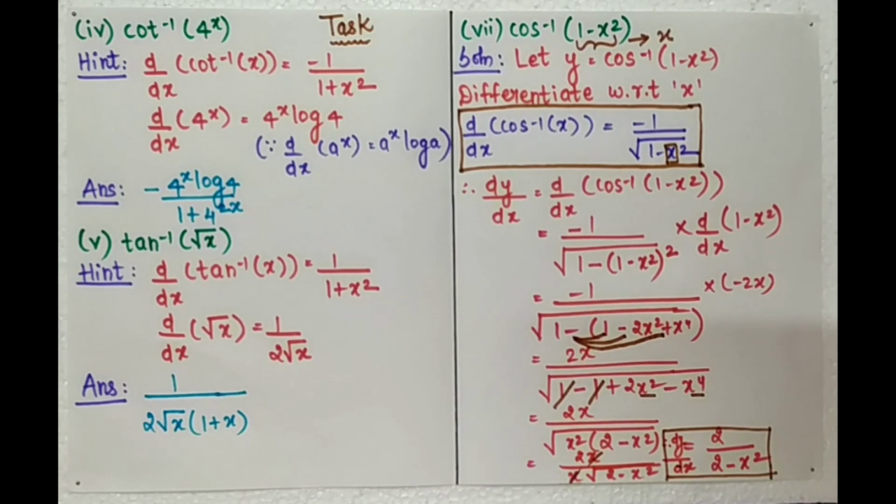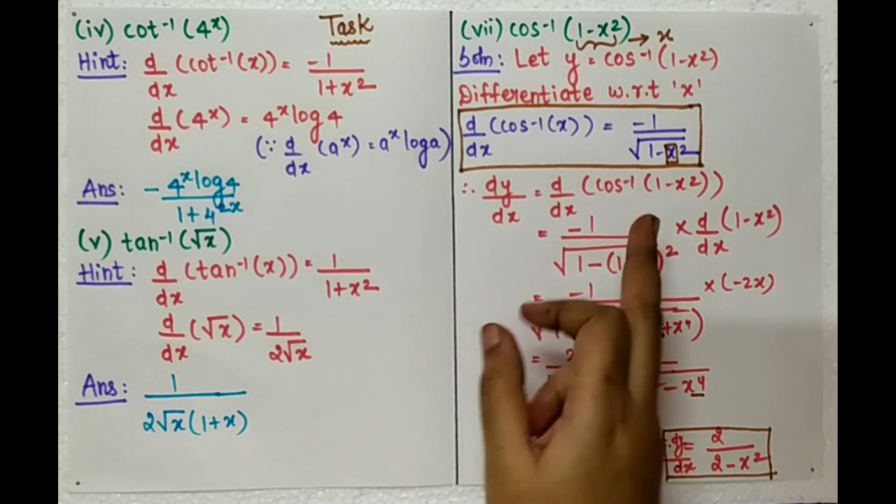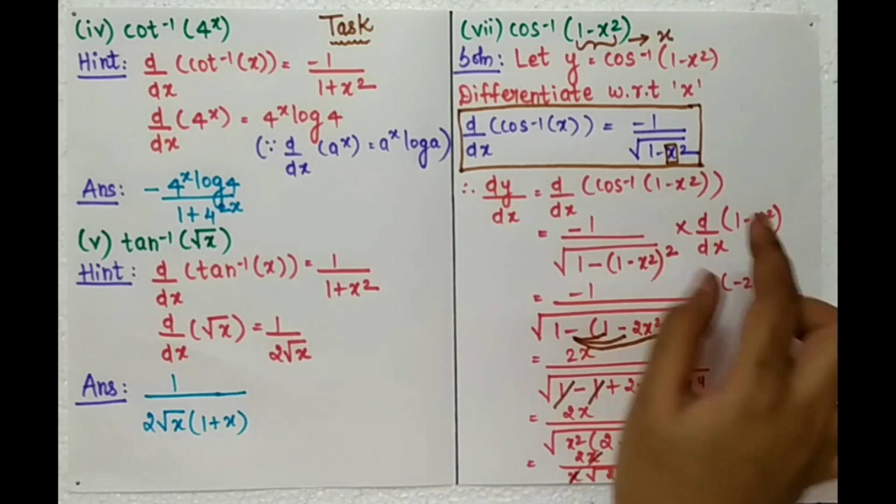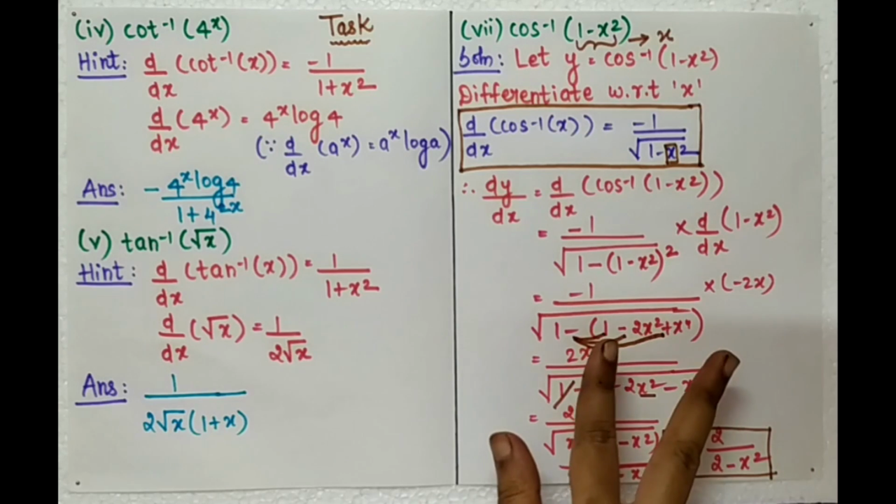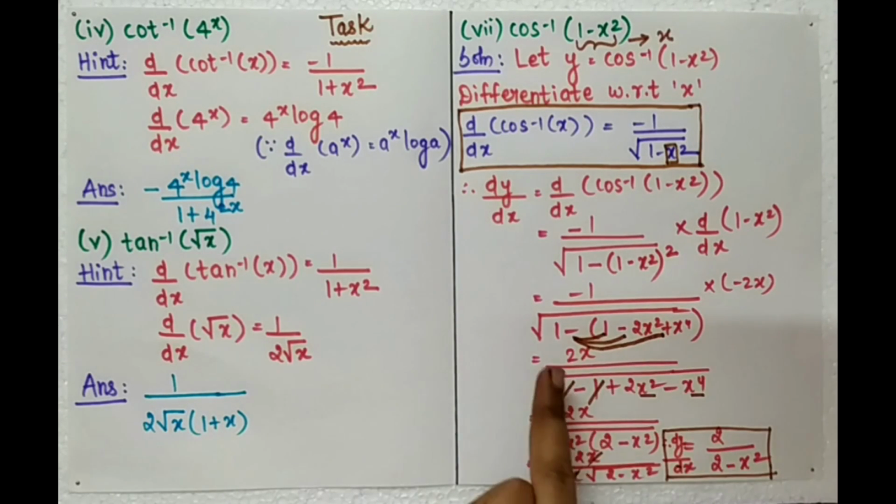Hope you are following me and finding the problem easy. See here, we have substituted for x, 1 minus x square. Then we have expanded. Then we have taken the minus sign inside. Then we have simplified this. Okay, now it's done. Now we'll solve question number 6 and 8.